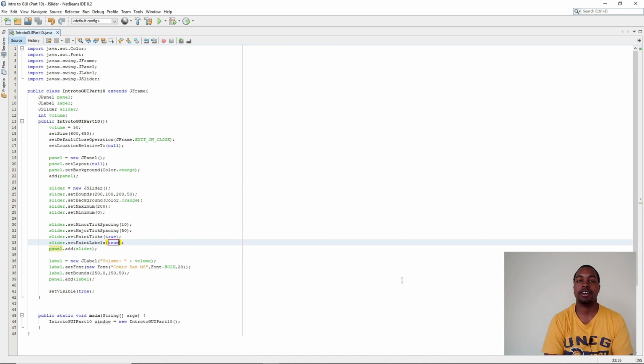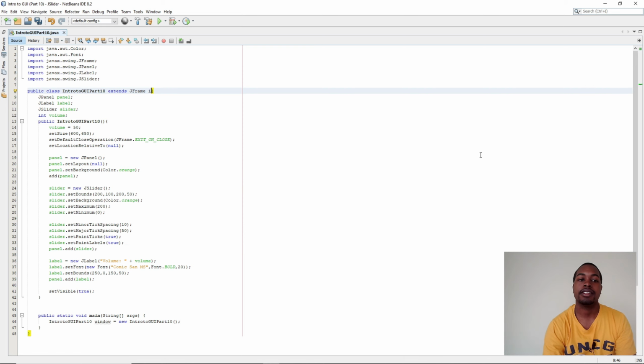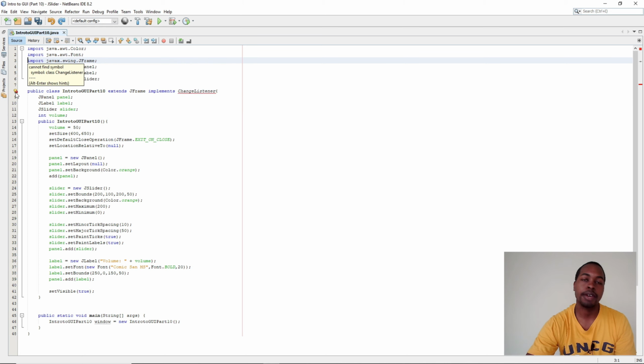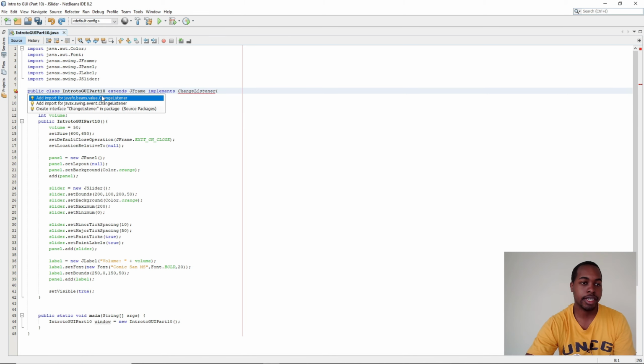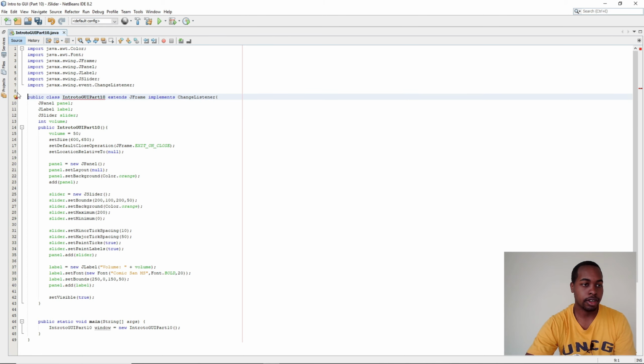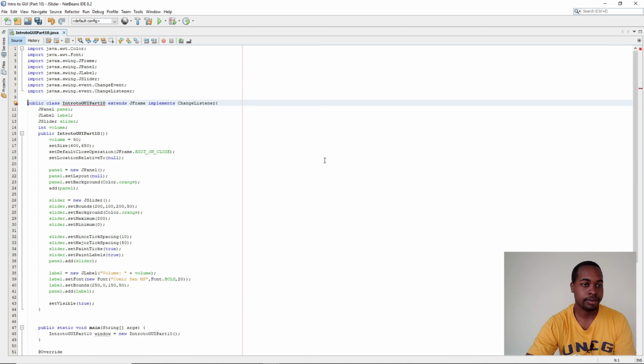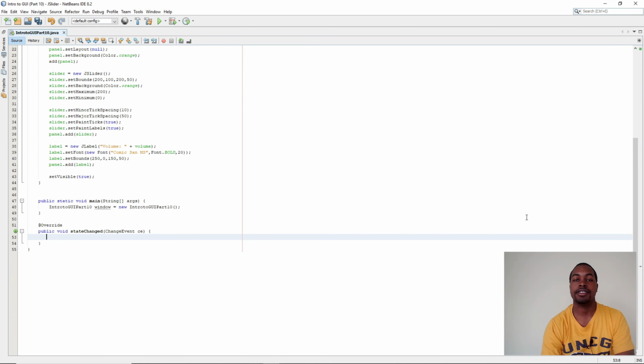For the last part of today's example, we're going to have our label change based on what value we set our slider on. First, we need to have our class implement ChangeListener. We need to make sure to import our ChangeListener and our ChangeEvent. So similar to our ActionListener, we have an abstract method that is given when we implement the ActionListener or ChangeListener class. In our stateChanged method, we're going to set our variable that we created earlier, which was an integer called volume,